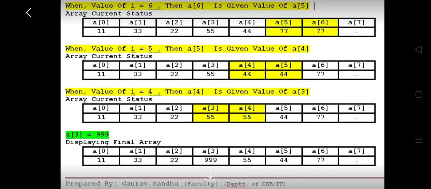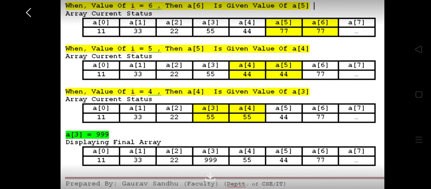Now because of the loop, the value of I will decrement from 6 to 5. Now for value of I is equal to 5, the condition inside the for loop says that whatever content is placed at A4 has to be copied to A5. You can see in the highlighted section of the tabular figure, which is depicting the array. Now when value of I is equal to 4, this means the content of A3 has to be copied into A4. Again, it has been shown by the highlighted section of the tabular figure, which is depicting the array.